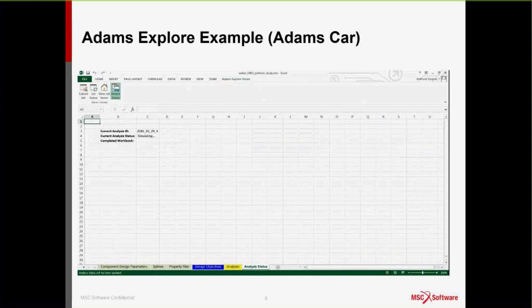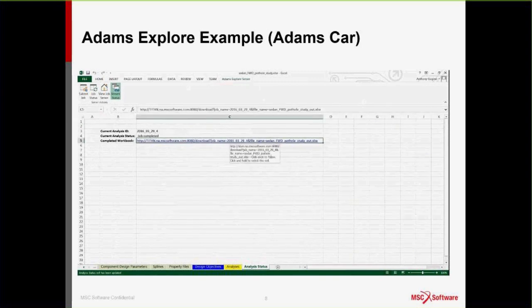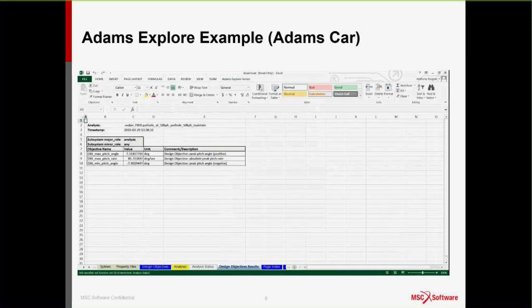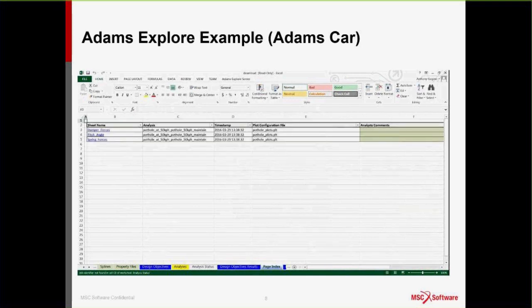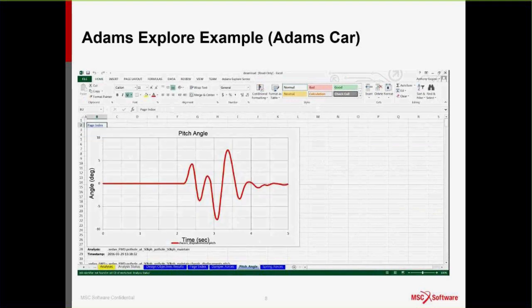So she says, fine, that's great. I want to simulate this. I go to the Adams Explore Server tab here in Excel that's loaded by a one-time plugin. Say launch that analysis, it goes off and runs it on the server, and now she can look at some of the key results. You can see there the design objectives say we get about a maximum 7-degree pitch